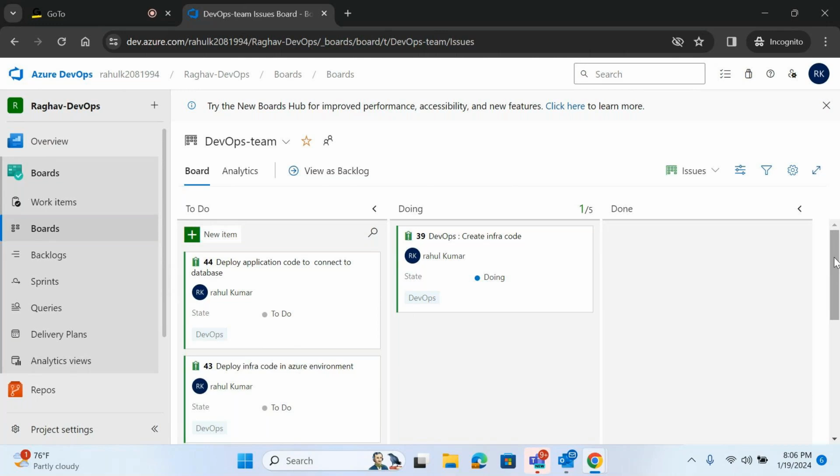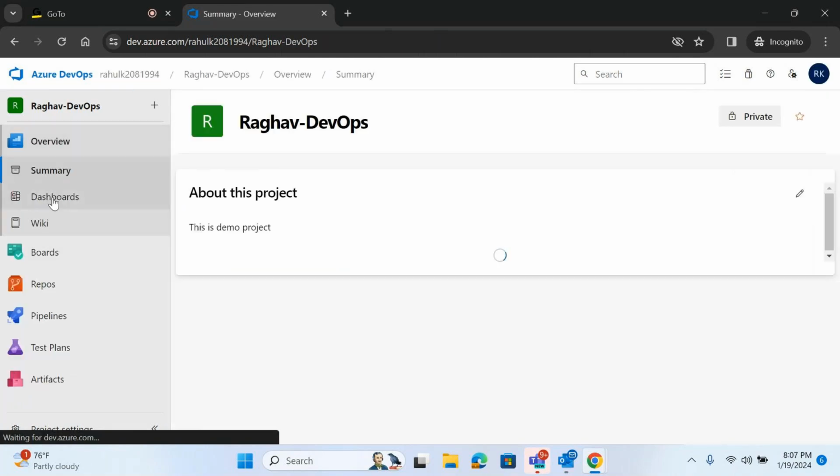So how will you show your visibility, where you are investing your time? You should be aware about how to create a task, how the people will come to know what you have done, because it will be a reflection of everything. So now if you go here and check this dashboard which we have created,